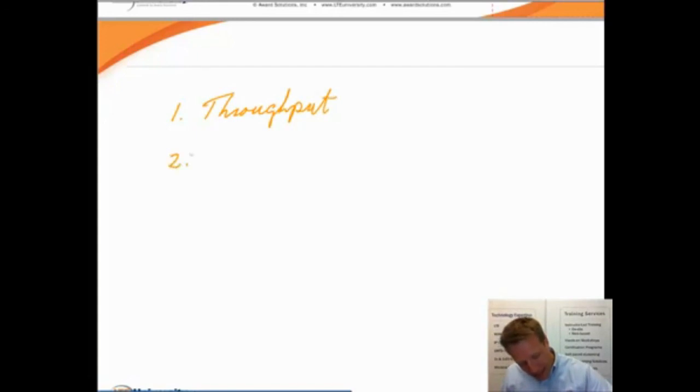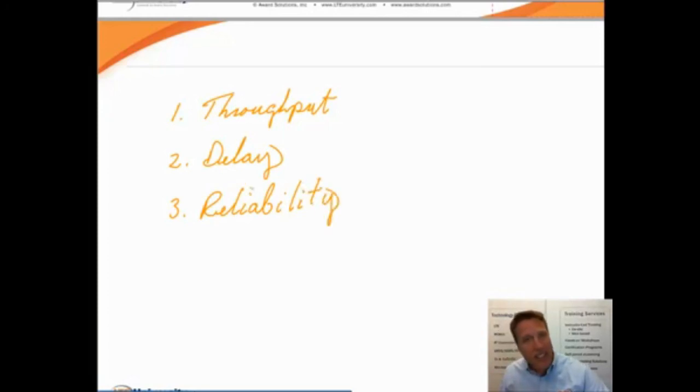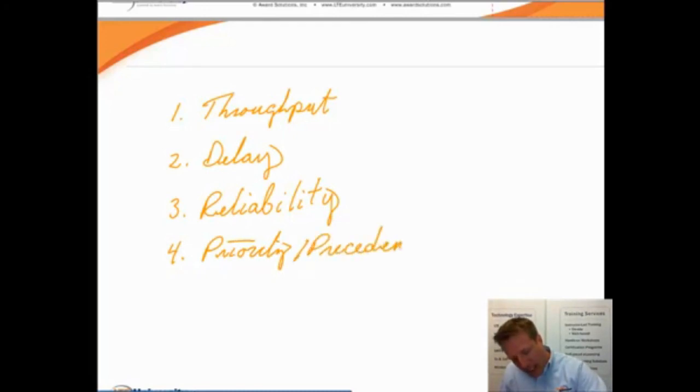All right. Well, let's see how you did. So these QoS requirements, the first one we had was throughput, or the data speeds. The second one was delay, or latency. How much delay can this service tolerate? The third one we discussed was reliability. How important is it that we get all of the data completely to the recipient that we started with? And the fourth one was priority, or precedence. Does this service inherently have a higher priority than another service that we have?